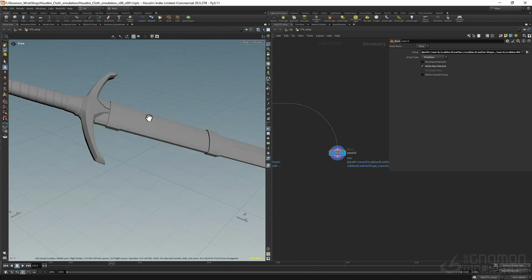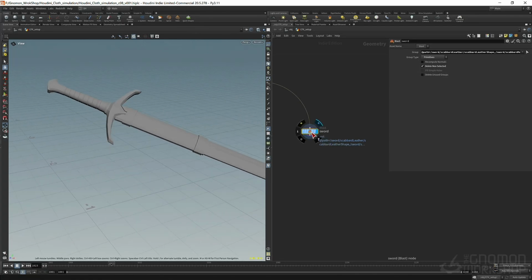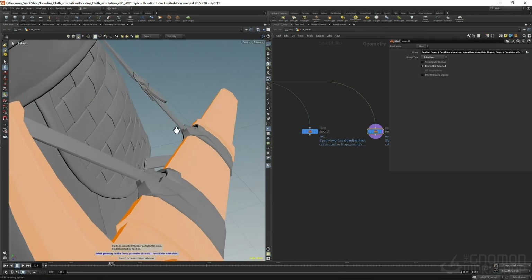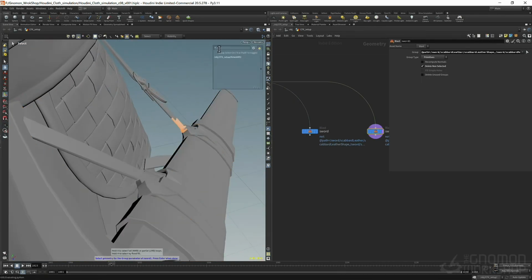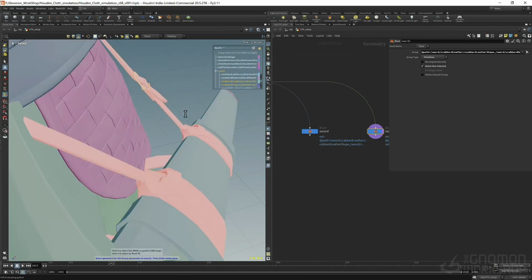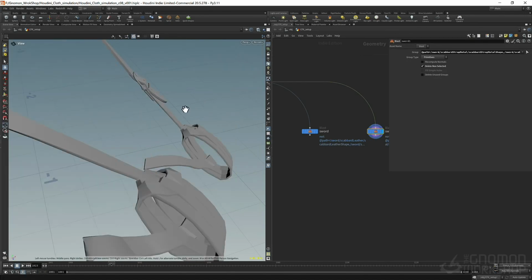So I make the sword as one piece, and will make another piece with these pieces, but we have to select based on the alembic path. Okay. So we have two